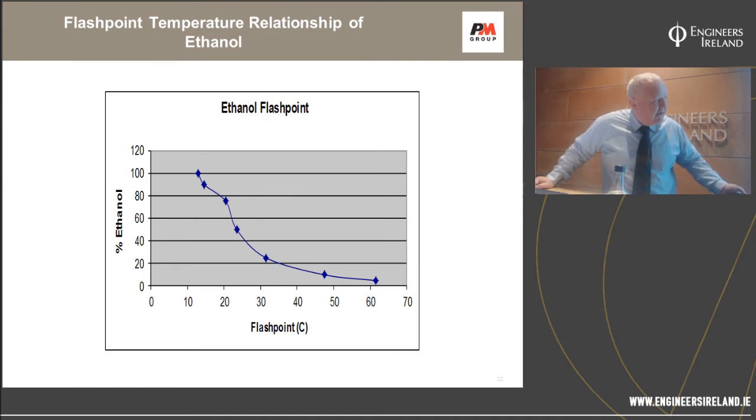In a small bottling line out in Africa, what we did, with a small modular unit, was cool the building, a small little building, down to about 18 degrees C. The operators love it. So we didn't have to put in complex EX equipment. It's perfectly safe. If you throw a match on whiskey when it's at 18 degrees centigrade, it won't go on